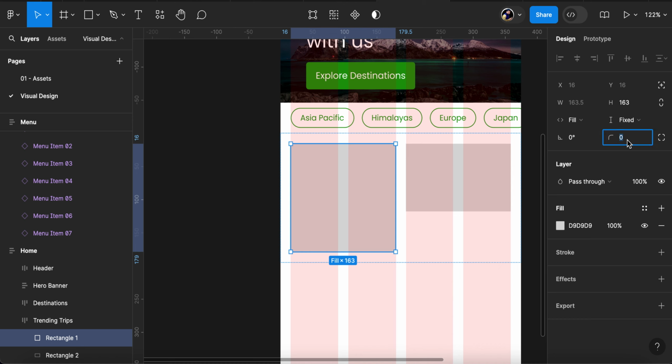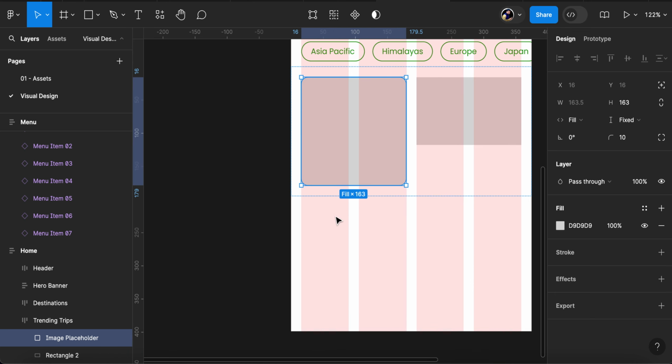I'll set the rounded corner to 10 pixels. I'll call this image placeholder, and once I'm done with this, I'll add a